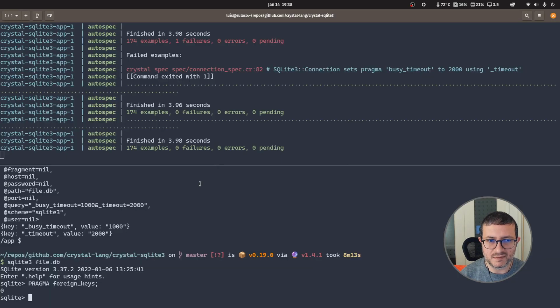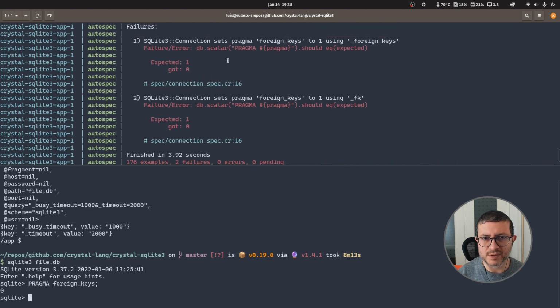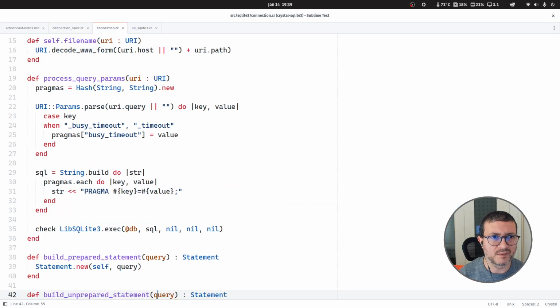If I save, now we got the 2 errors that I was mentioning. It sets a foreign key to 1 using the foreign keys aliases, and of course that doesn't work because I don't have